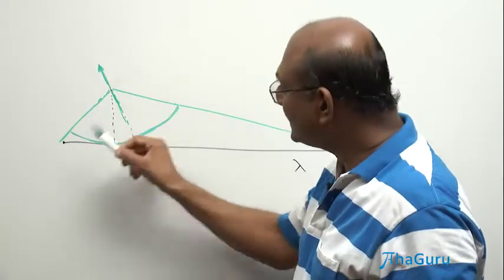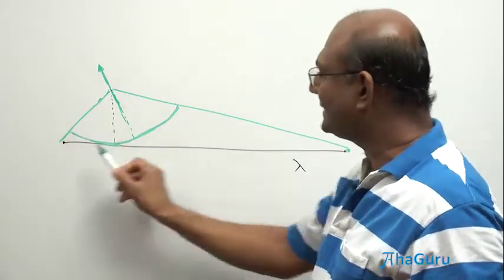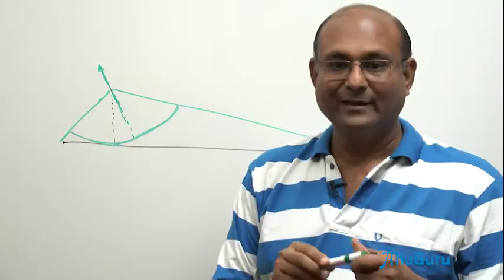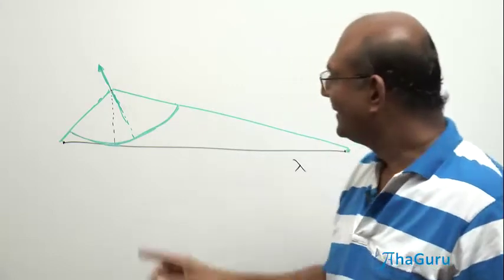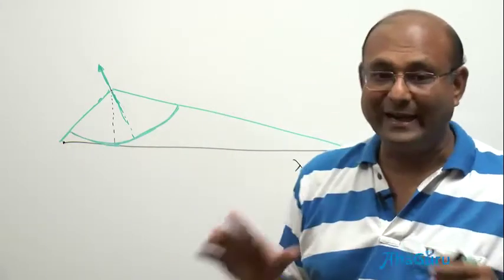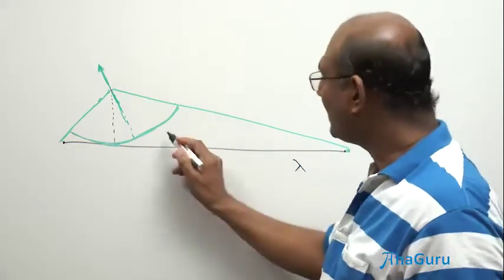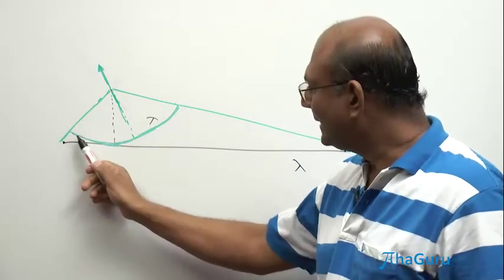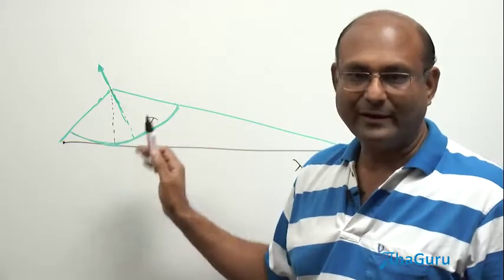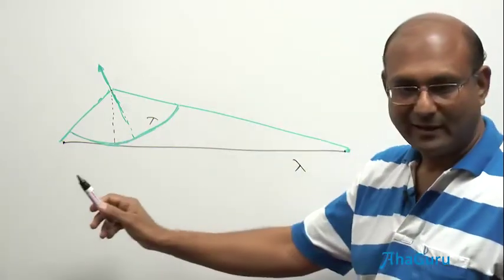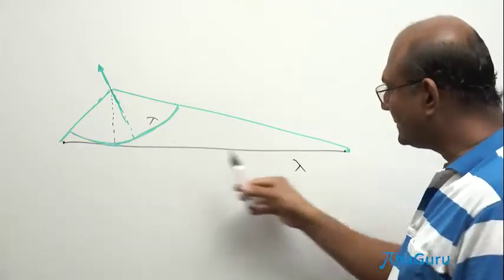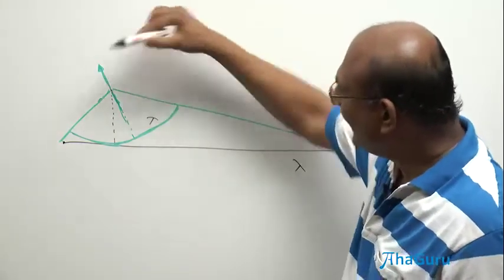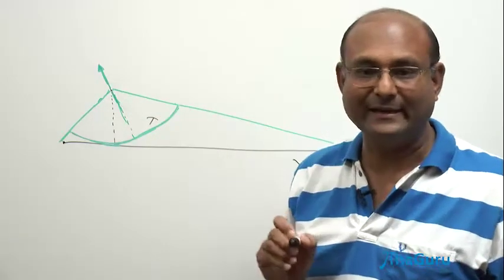Okay. Now, it turns out that the answer for this arc is the same as the answer for this line. I'll prove that. But right now, think about how surprising the fact is. This and this, first of all, the lengths are not the same. If I thought of a new arc like this with lambda, you can clearly see that this one is not going to have the same charge that this one has. In fact, just by looking at this diagram, it looks like this one has much more charge than that one. But this whole thing's field and this thing's field are exactly the same.